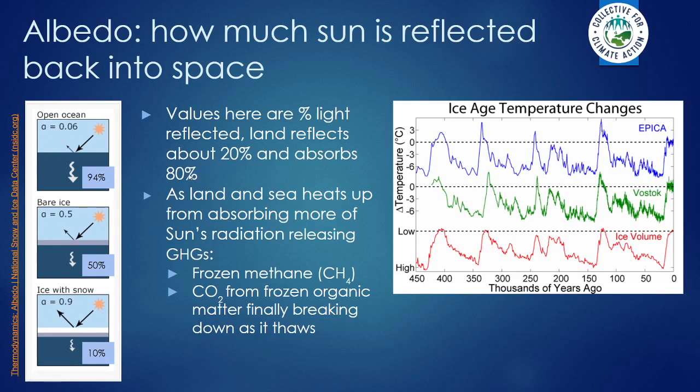So what happens is the sun melts back some of the ice. It reveals dark open ocean, it reveals dark land, and both of those surfaces start to warm up. The land warms up and it melts permafrost, which is largely made up of organic matter that's been frozen in kind of suspended animation. What happens with that is bacteria in the soil break down that organic matter to release CO2. And that's what's happening in the Arctic permafrost at the moment.